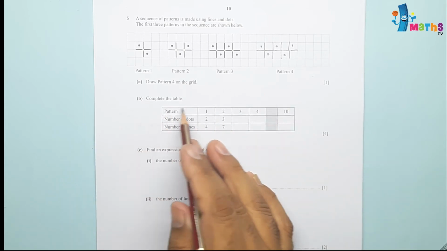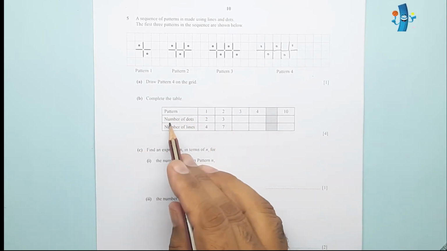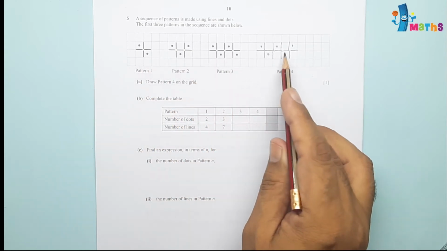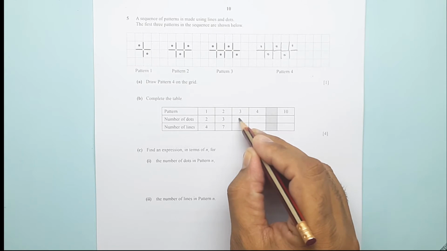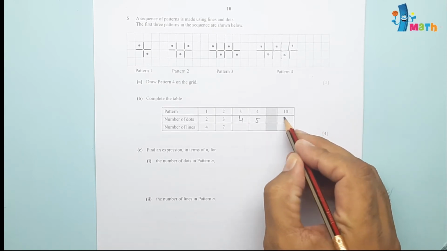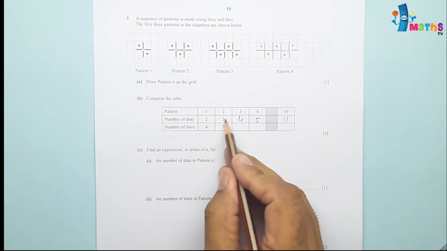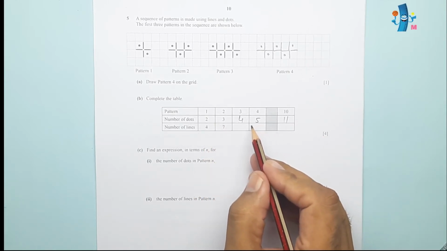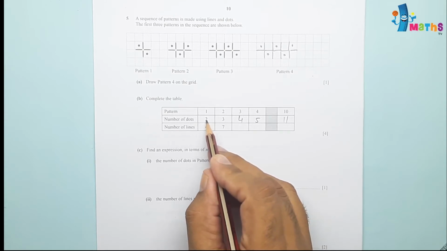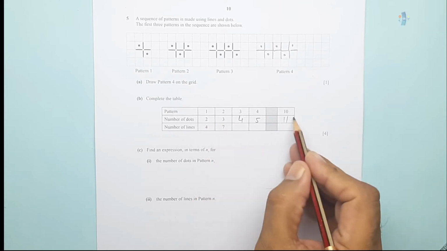A part is done. Complete the table. Number of dots: this is having 2, this is 3, this is 4, this is having 5. So 10 will be having 1 more than 10, so 11. Each pattern is having 1 more dot. The first pattern is having 2 dots, second is having 3, so 10th will be